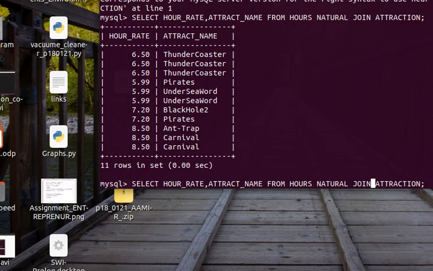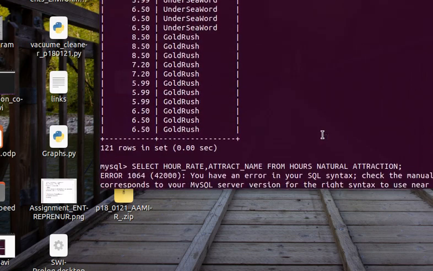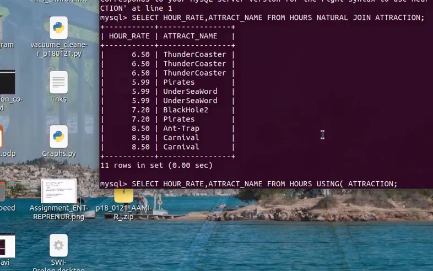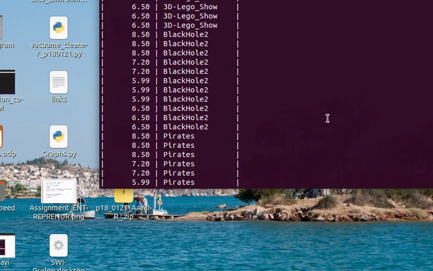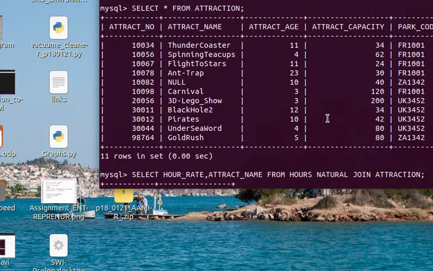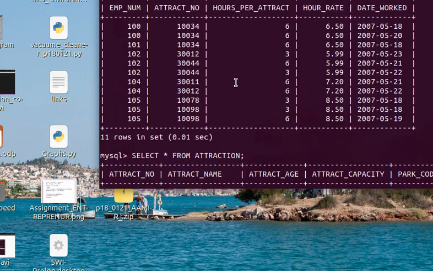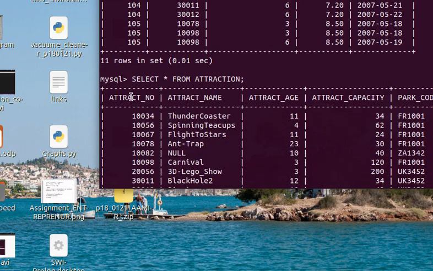So instead of writing natural join, I will use select hour rate, attract number from hours using. I will use using. This will be not join with. So here we can see that the unique element in these two tables is attract number. Here is also attract number.